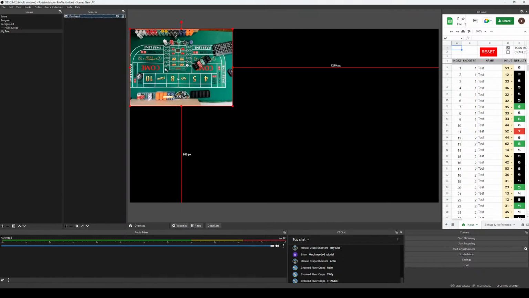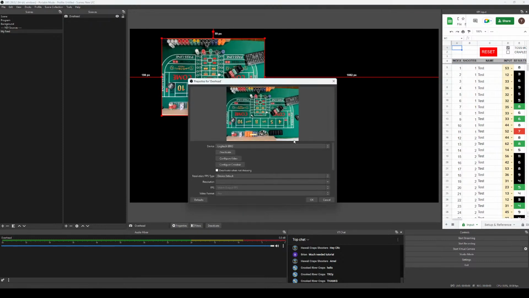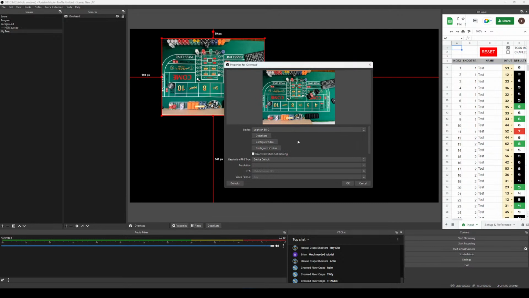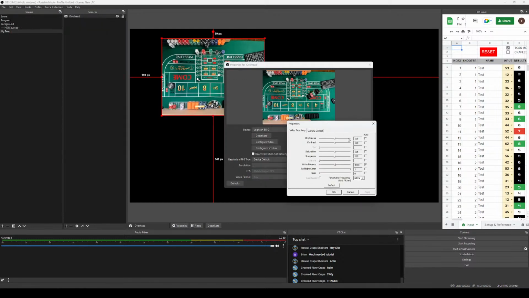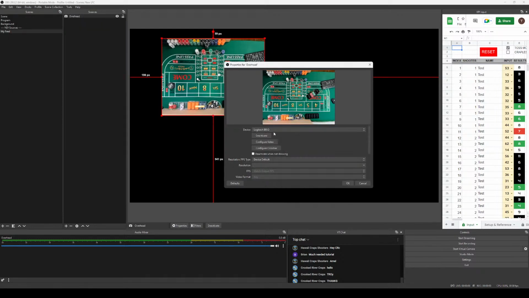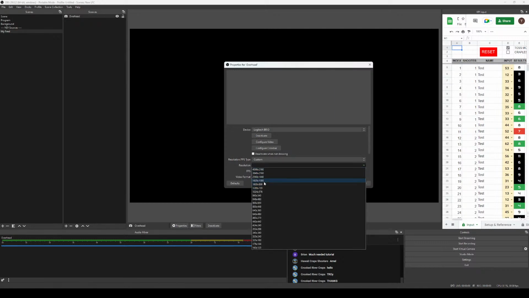So now, because of the way that brought it in, it's a wrong aspect ratio. So this is where you can have fun with your camera. Configure video. I forget where this is at. It's not there. Resolution. Oh, set that to custom. We'll set our resolution. I do have a 4K camera, so we can bring that in at 4K, 3840 by